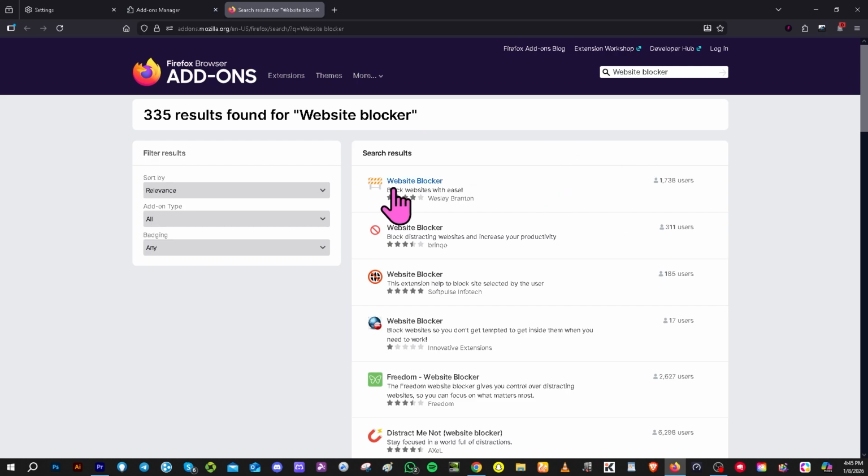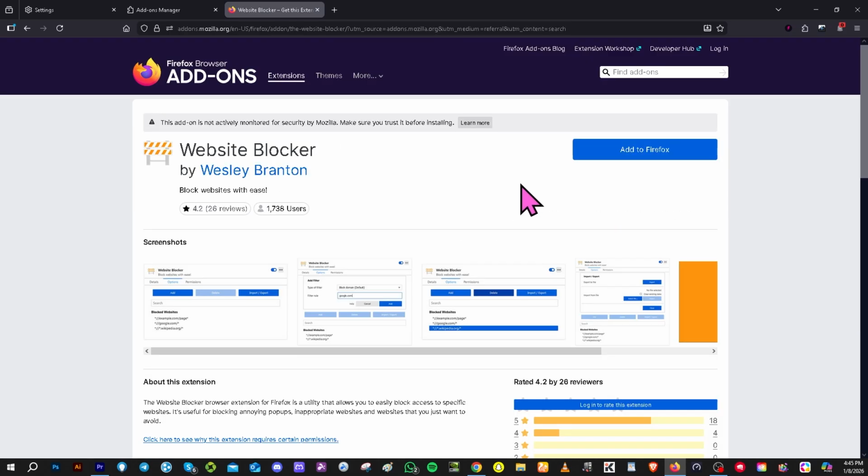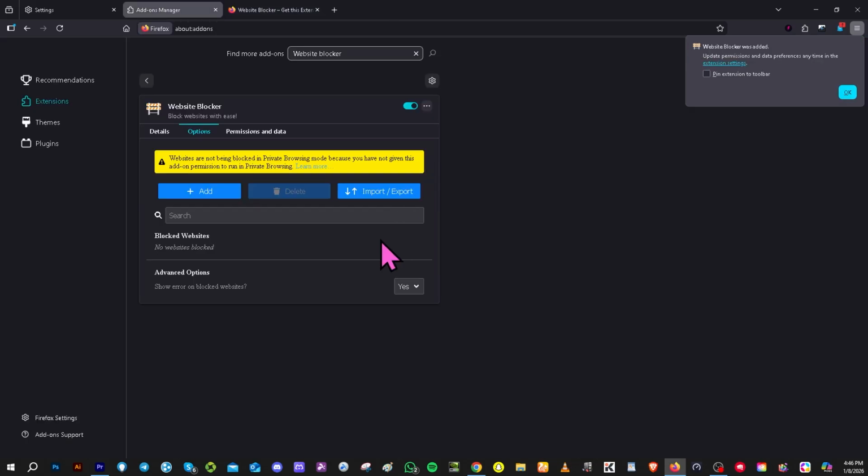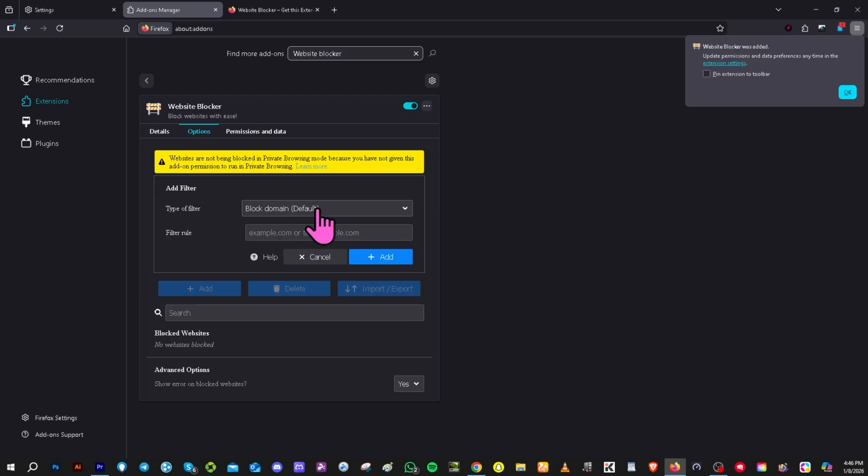All right, so for example, this one right here, okay? If you click on it, just click the add to Firefox, click the blue button, click the add button. Now here, if you want to add a specific websites that you want to block, you can do so. Click the add button. Let's say, type this in, and click the yes button. All right, basically that's how you block